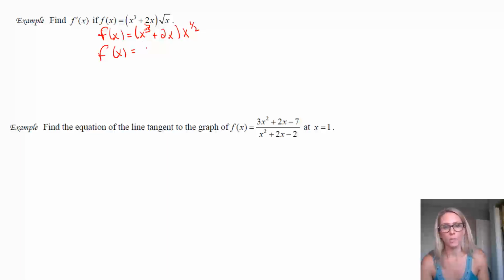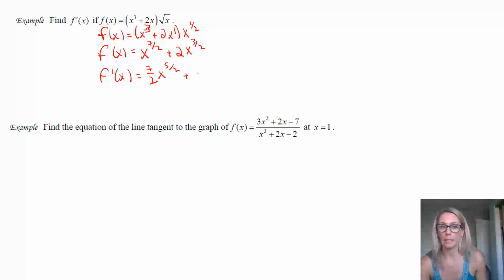So when we multiply x cubed times x to the 1/2, we're going to get x to the 3 plus a half, so 7/2, plus 2 times x to the 1/2. This has an exponent of 1, so now you're doing 2/2 plus 1/2 to get 3/2. So x to the 3/2. And now you're ready to take your derivative, and it's just the power rule. That's all you have to do. So you might see that problem and think, oh man, I gotta use the product rule on that. But you don't, because you can simplify algebraically and then make your life a little bit easier.